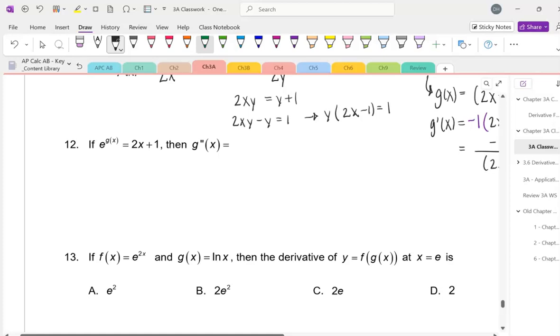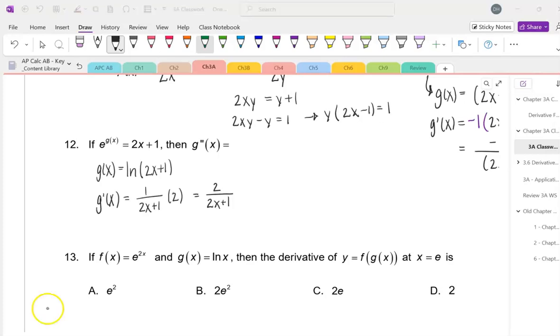So to get g, right, we can go ahead and go over and up. So you've got g of x equals natural log base e of 2x plus 1. But remember, I never put the e. So that is the original function. You can go ahead and take the derivative. And this is another problem where I always move the denominator up to the numerator just to avoid quotient rules. So I'm going to rewrite g as 2 times 2x plus 1 to the power of negative 1,